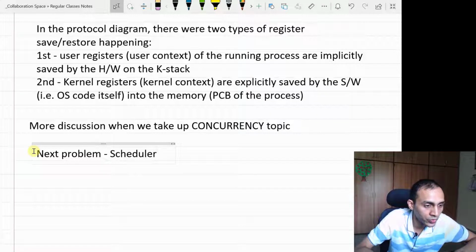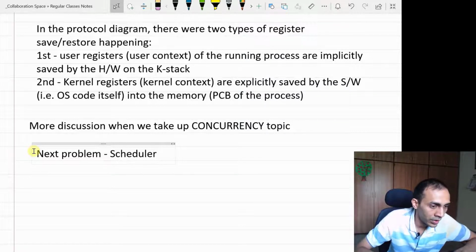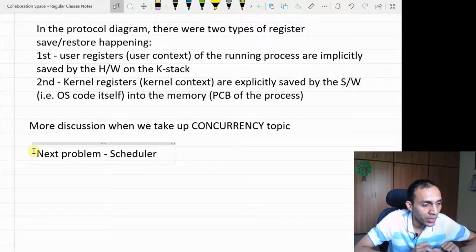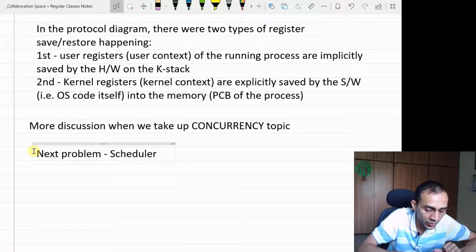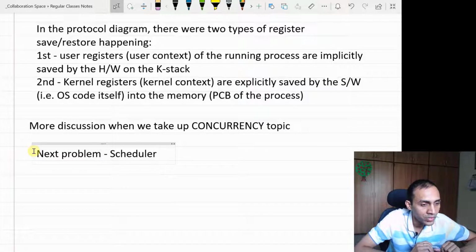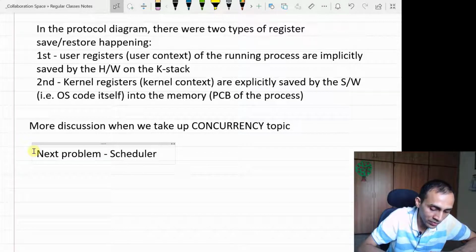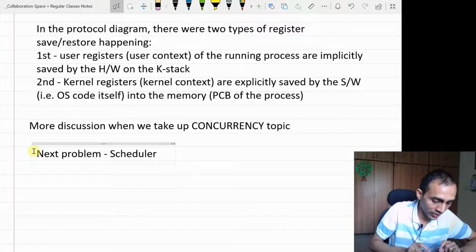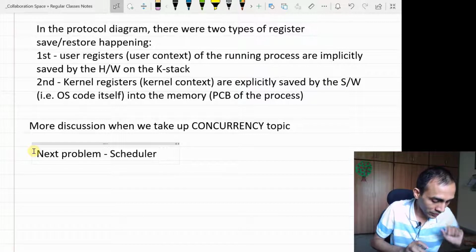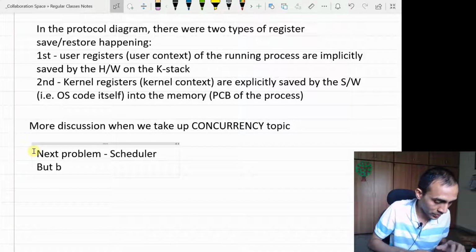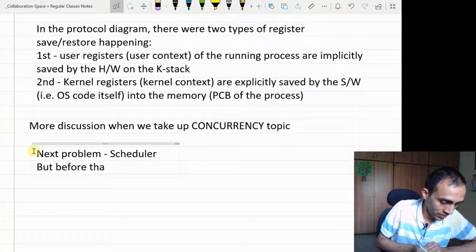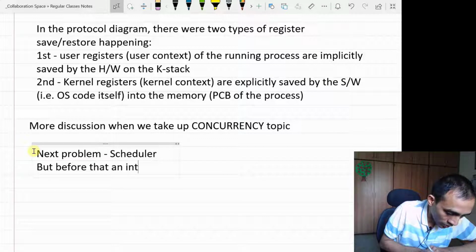If the current process goes for an IO, then to optimally utilize the resources, the OS, as we said, invokes a scheduler, and the scheduler has some policy, some algorithm, through which it decides which process to give a chance. That will be our next topic, but generally it is a very big topic too. So before that, I want to talk about one thing which we have missed, which I purposely skipped, because I have not talked about system calls in detail.